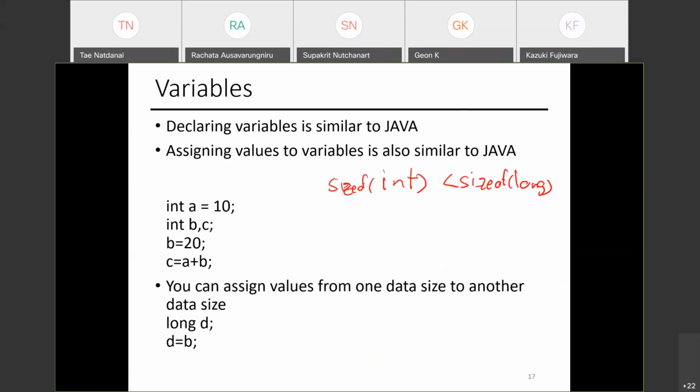So if you have d as a long integer and you have b declared here as an integer, you can do d equals b. That's fine. It would assign the value of b into d. Just make sure the value of b doesn't overflow when you do the assignment.